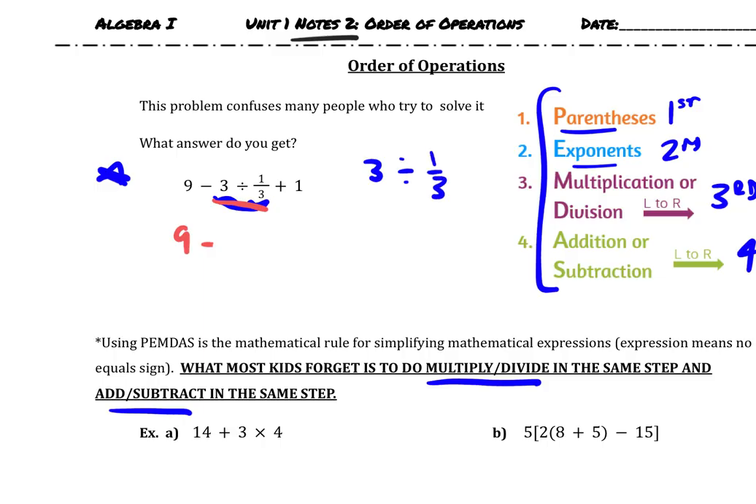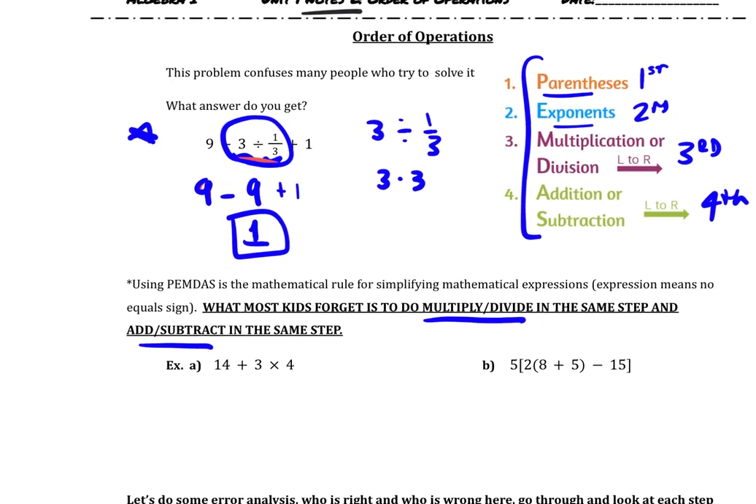3 divided by 1/3 is actually 3 divided by 3, or 3 times 3. So this should be 9 plus 1. So my final answer is going to be 9 minus 9 plus 1 for just an answer of 1. This step right here confuses so many people, and it might have confused you at first because you see 3 and you see 1/3 and you automatically just jump to 1. All right, so